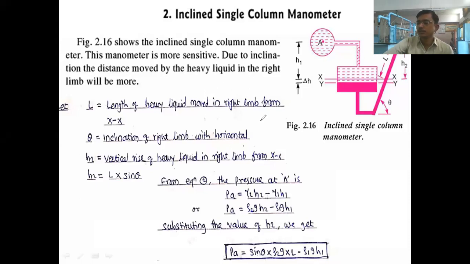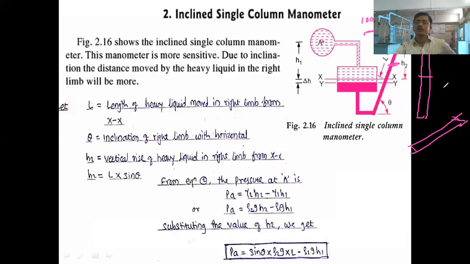Okay. See, the main reason for using this kind of inclined manometer is that when the manometer is vertical, this single column, when it is vertical, at that time, for the same pressure, let us say 100 Newton per meter square हा प्रेशर आहे. या प्रेशरसाठी जेवढं व्हेरिएशन या वर्टिकल कॉलम मध्ये मॅनोमीटर मध्ये होतं त्याच्यापेक्षा जास्त व्हेरिएशन हे या इन्क्लाइन मॅनोमीटर मध्ये होतं. ओके, म्हणजे जी लेंथ आहे हाईट दोन्ही मध्ये सारखीच असेल पण इन्क्लाइन असल्यामुळे काय होतं या ठिकाणी हे डिस्टन्स हे वाढतं. ओके, for the same pressure intensity there will be more fluctuation in the inclined single column manometer.